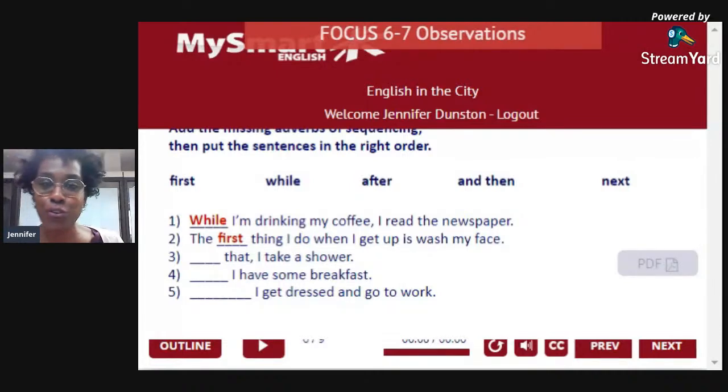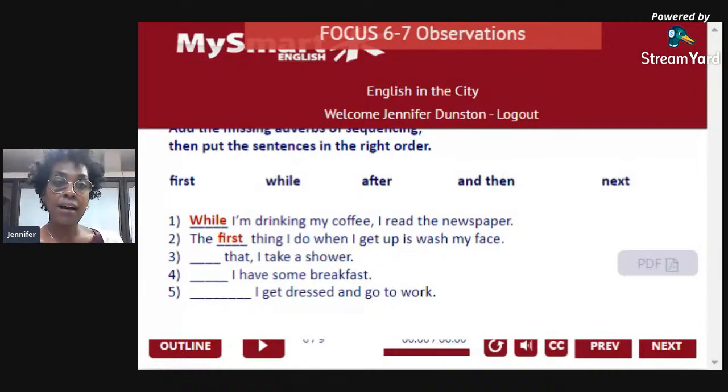Have a good afternoon. So, number 2, Gianmarco said that the first thing I do when I get up is wash my face. Let's take a look at number 3. So while I'm drinking my coffee, I read the paper. The first thing I do when I get up is wash my face. Number 3,